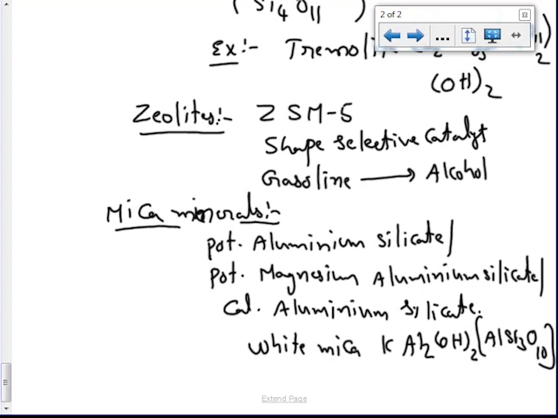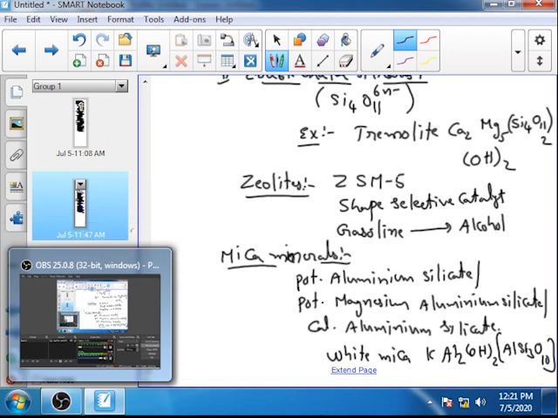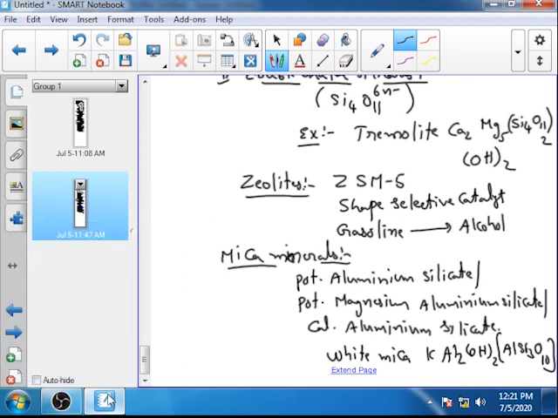Here completed. First we discussed general properties, chemical properties, the anomalous behavior of carbon, important compounds of carbon: carbon monoxide, carbon dioxide, carbonic acid and suboxides, and silicon important compounds. First one is silica, SiO2, silicones and silicates. See the difference, the pronunciation looks the same but they are different. So these are the discussion about the group 14 elements.